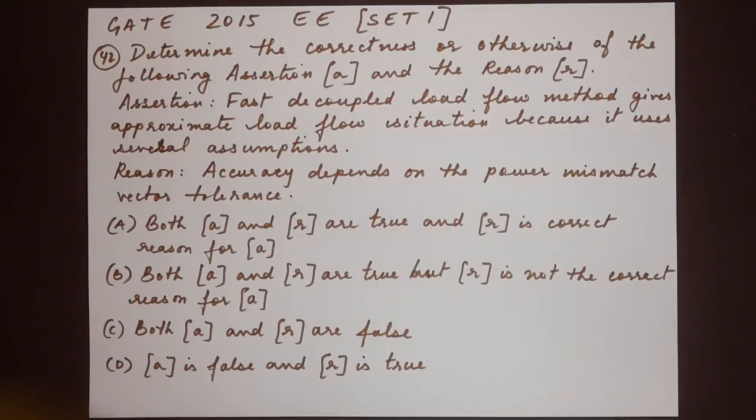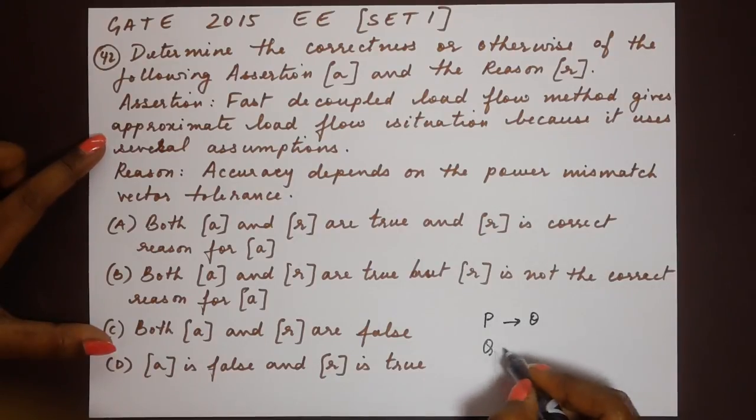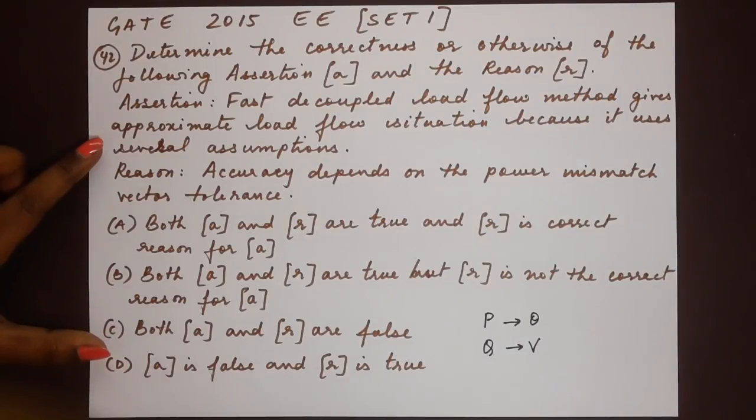So the assertion talks about fast decoupled load flow method having several assumptions. Now when talking about load flow, the power flow equations are resolved into two sets. You should be quite familiar with that. One set is P theta and the other is Q V. The decoupling of these parameters makes it possible to solve the two sets of equations separately. So if these equations are linearized,